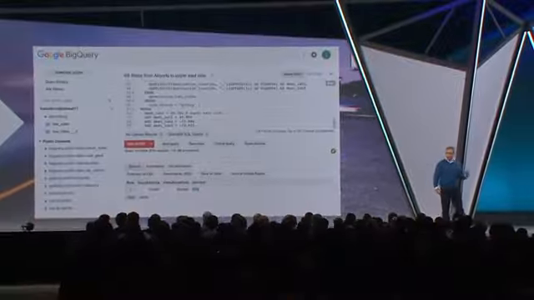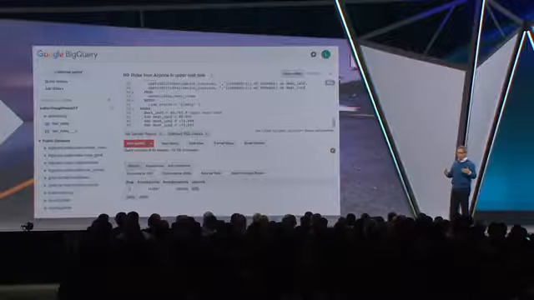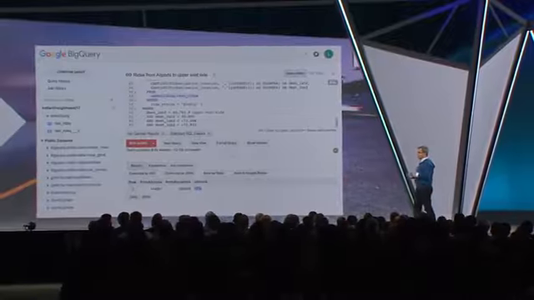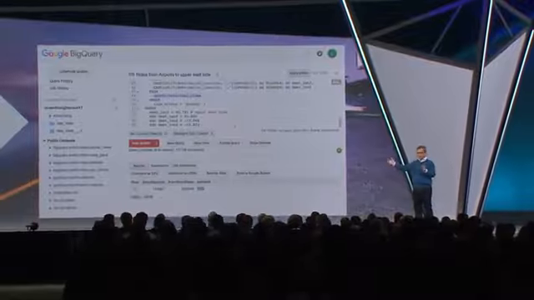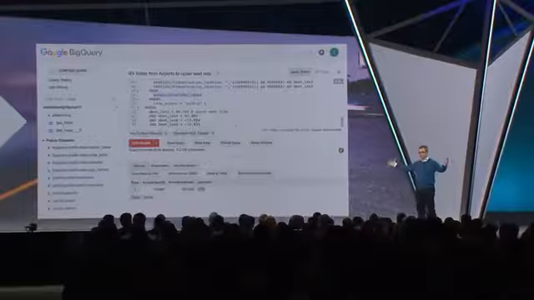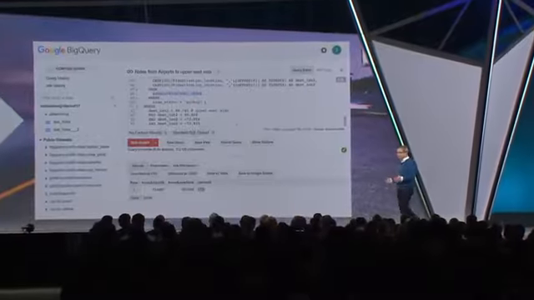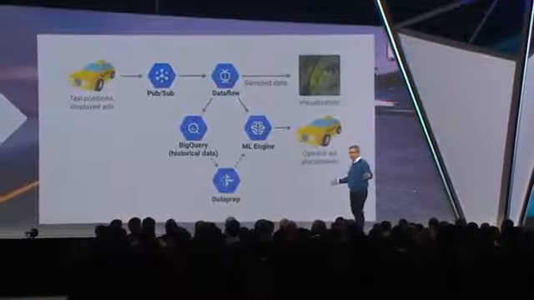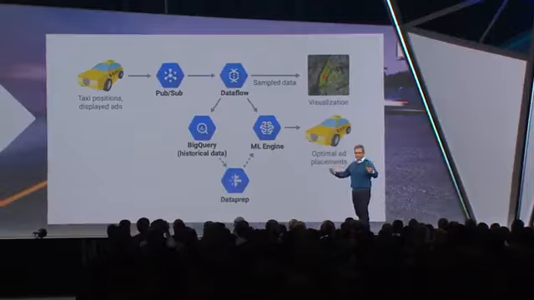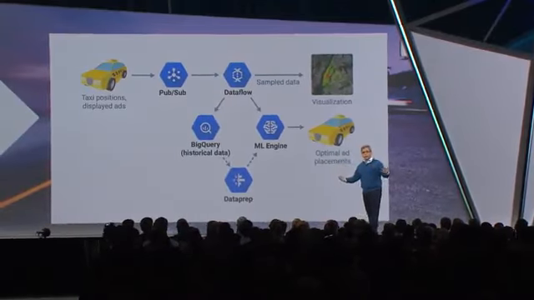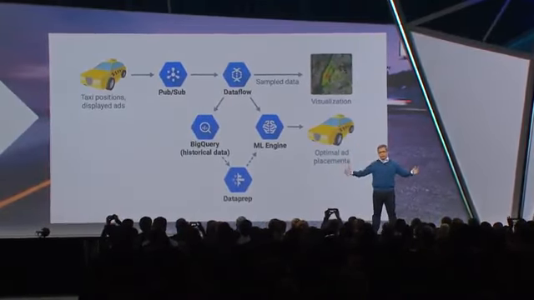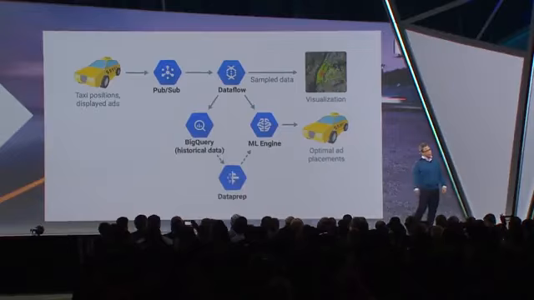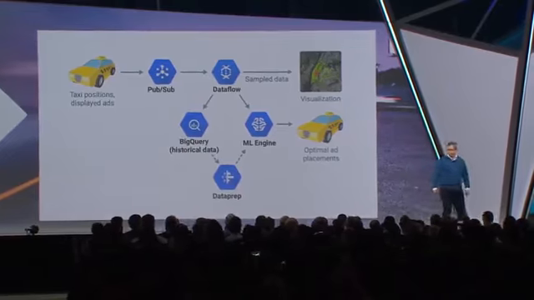So I think what we want to do is look at a way that we can do this in an automatic fashion. Now, we could similarly search for every different customer, but how do we build a generalizable and flexible model? Well, that sounds like a job for machine learning. Machine learning is tailor-made for taking large chunks of data and building models that give you insights out of that. So we're going to build a model that takes into account all of the data we have. Where did the taxi start? Where did it end? How many people were in it? What time of day is it? Where's it going?